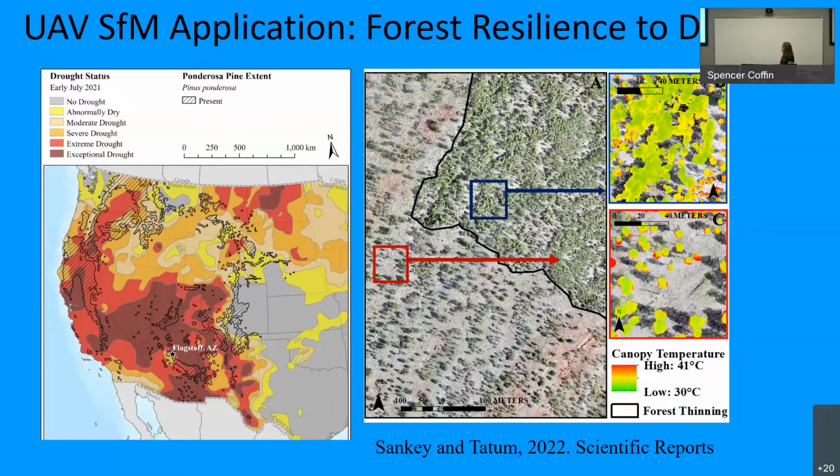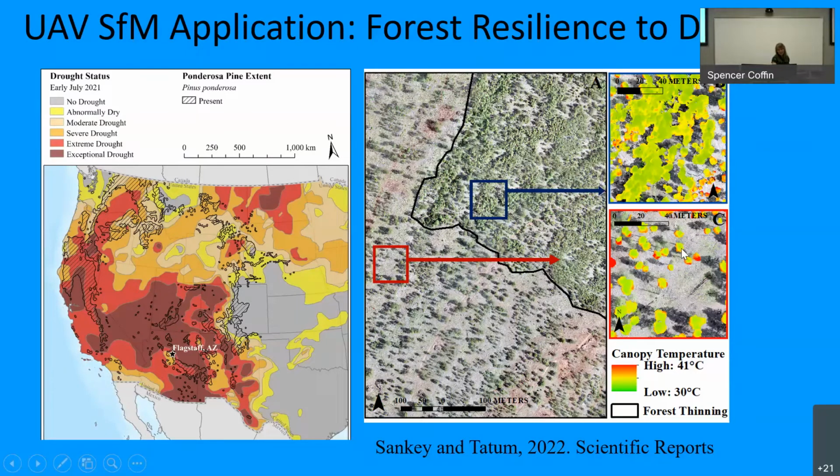And so we were interested in seeing how this treated area and the non-treated area was responding to that drought. What we find is that using the canopy, using the thermal image, we can overlay the temperature image on top of our canopy height model that we get from the structure from motion data, and delineate only the pixels that correspond to a tree canopy and exclude all of the temperature pixels from the interspace areas and just estimate the